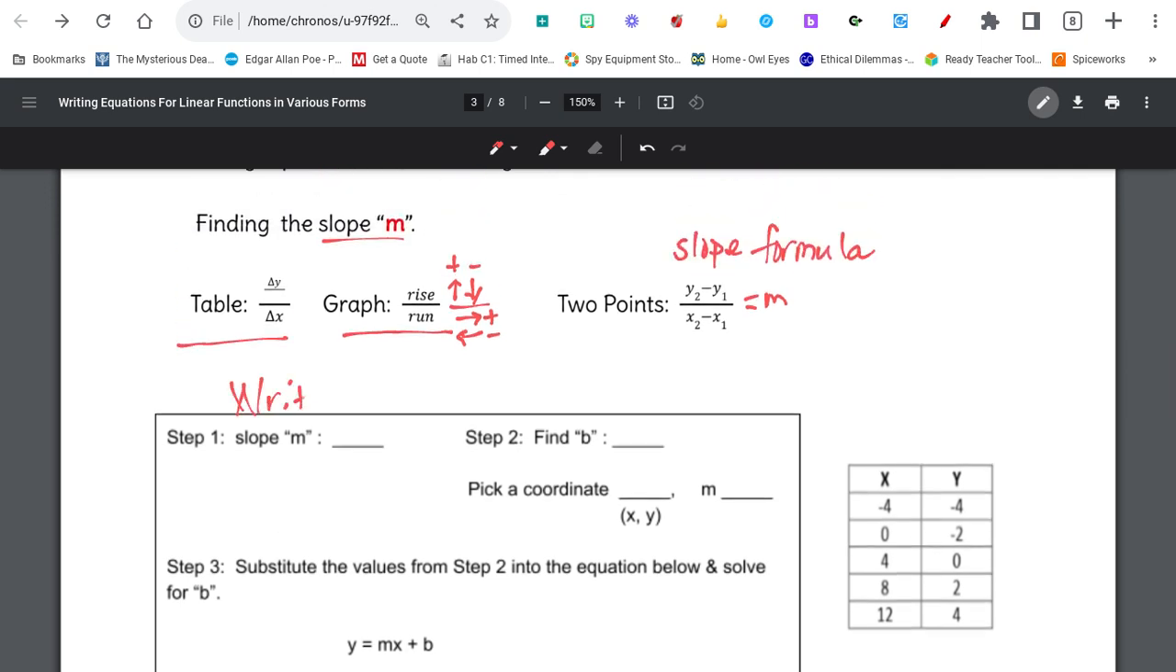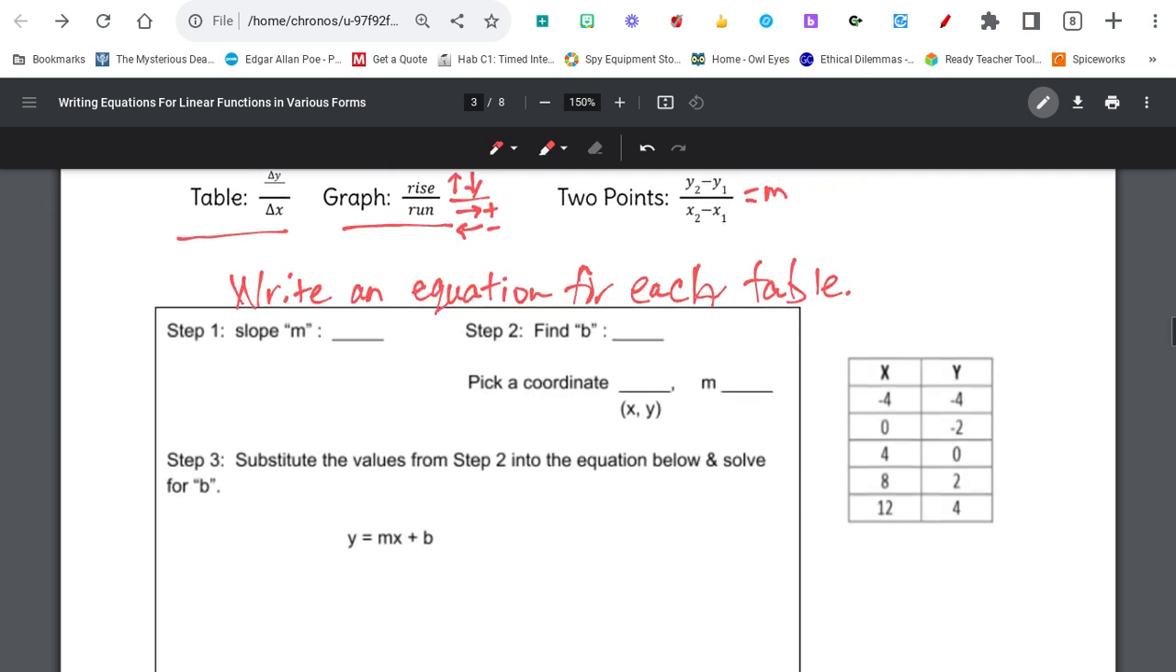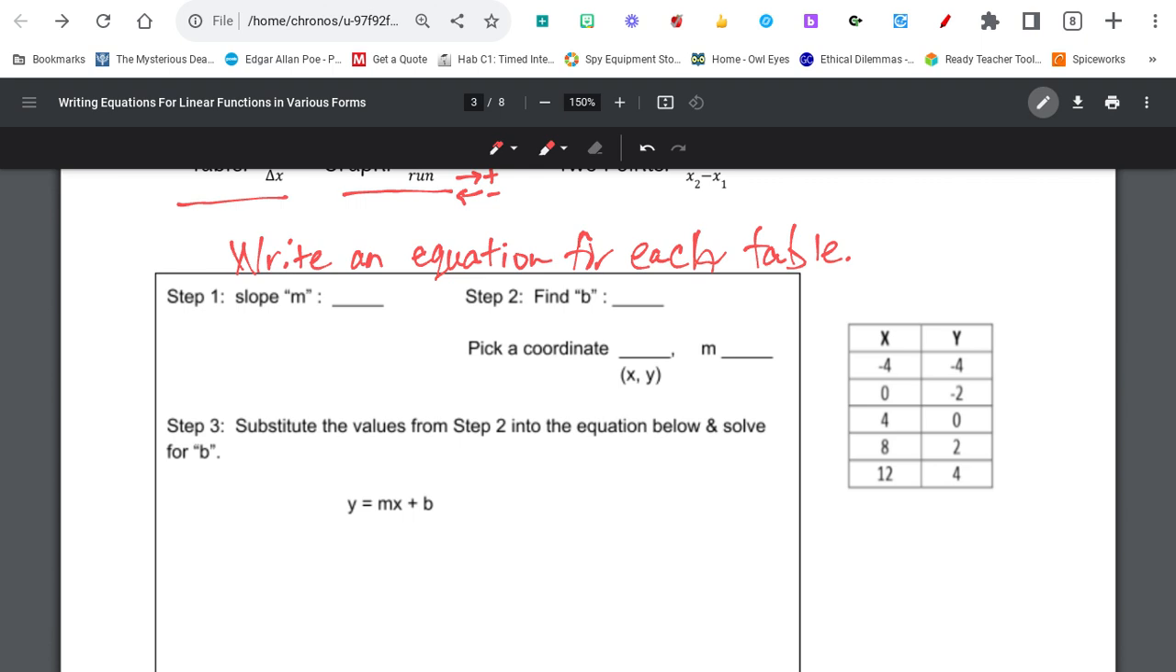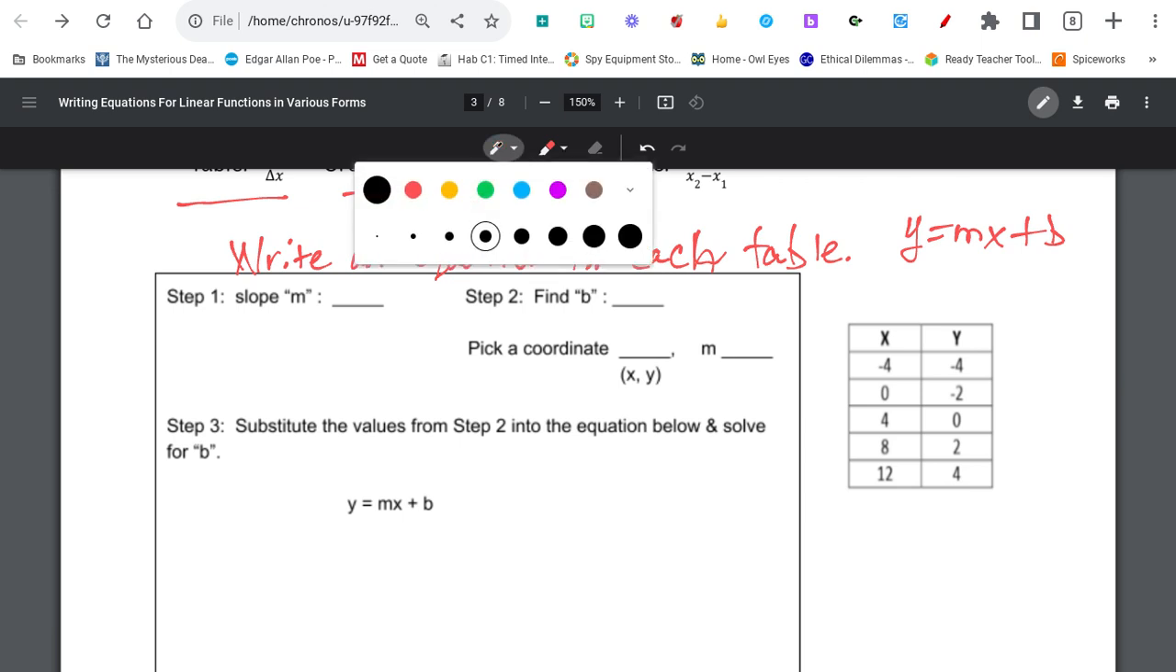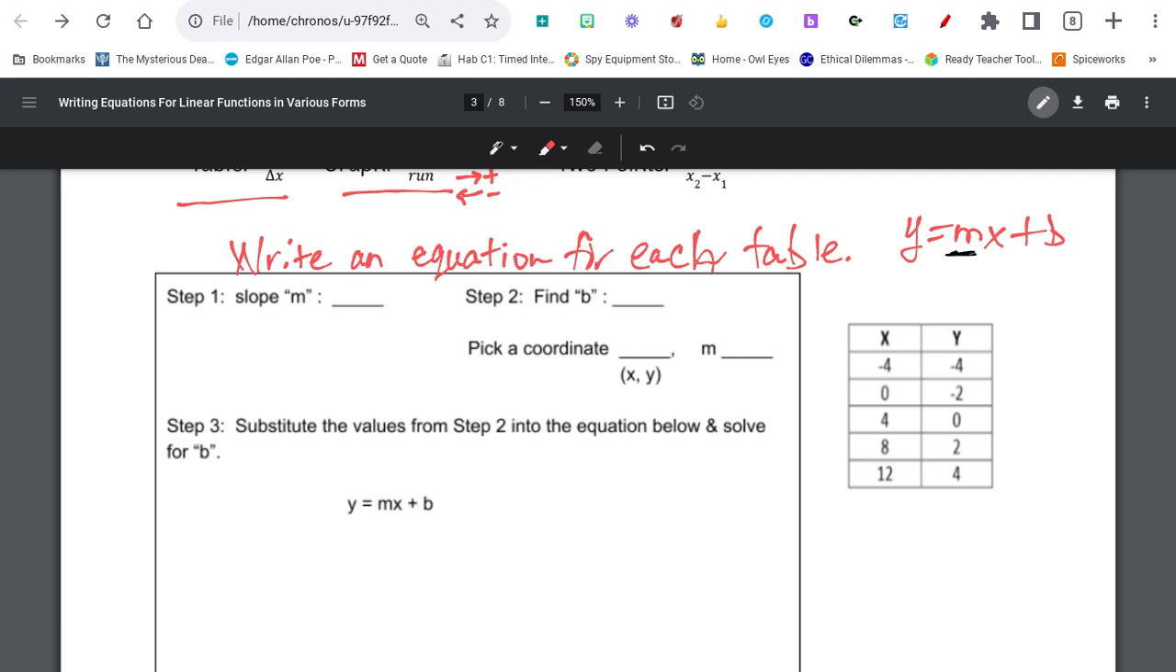All right, so what we want to do for this next part is write an equation for each table. And the tables are going to be off to the right, guys. So I've given you certain steps to be able to write an equation for these tables. We're going to write our equation in y equals mx plus b form. And if you write your equation in y equals mx plus b form, there are two things you need. You will need m and you will need b. So I need m, which is slope, and I need b, which is the y-intercept, or what we call the initial